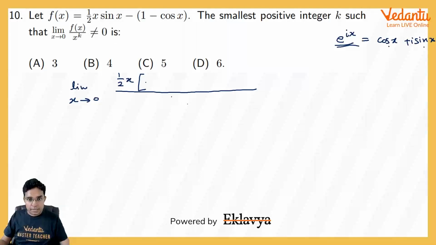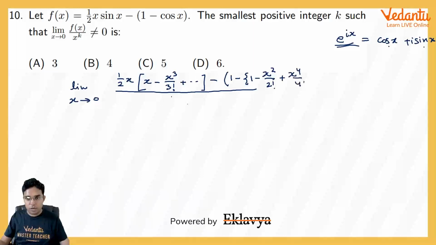Now sin x is x minus x cube upon 3 factorial and so on, minus 1 minus this cos x is having 1 minus x square upon 2 factorial plus x power 4 upon 4 factorial minus and so on